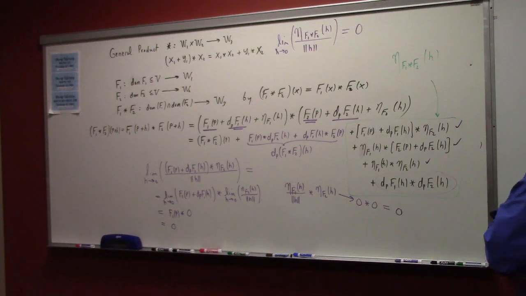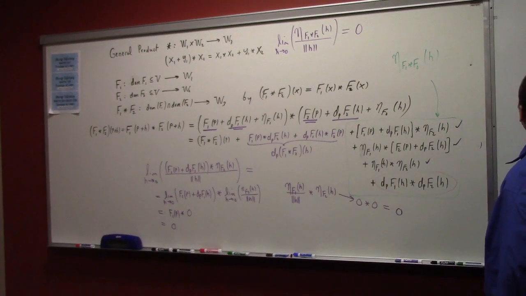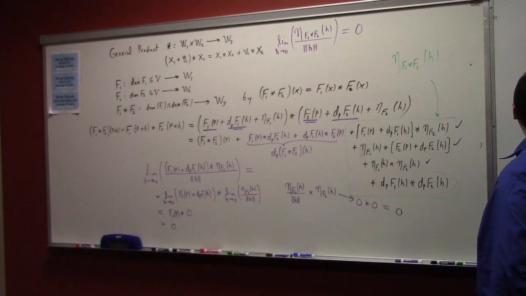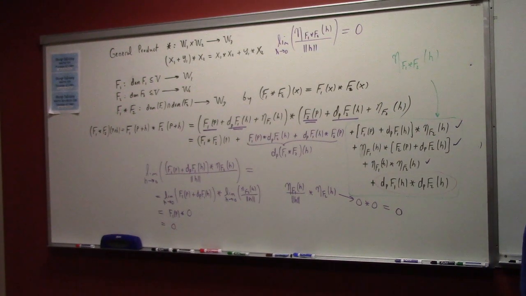I guess I could. But here's the question: why is the limit as h goes to 0 of the differential at p of f1 of h, times the differential at p of f2 of h, divided by norm h,